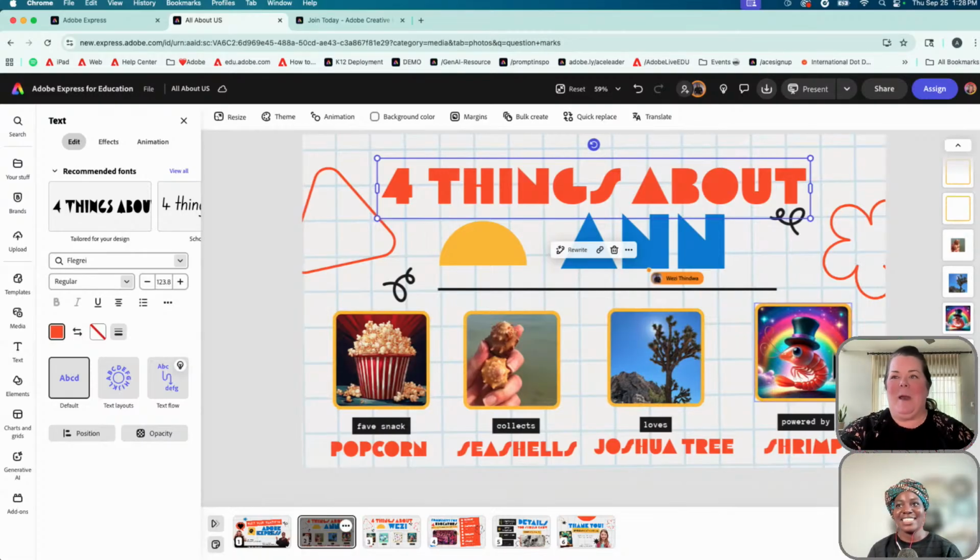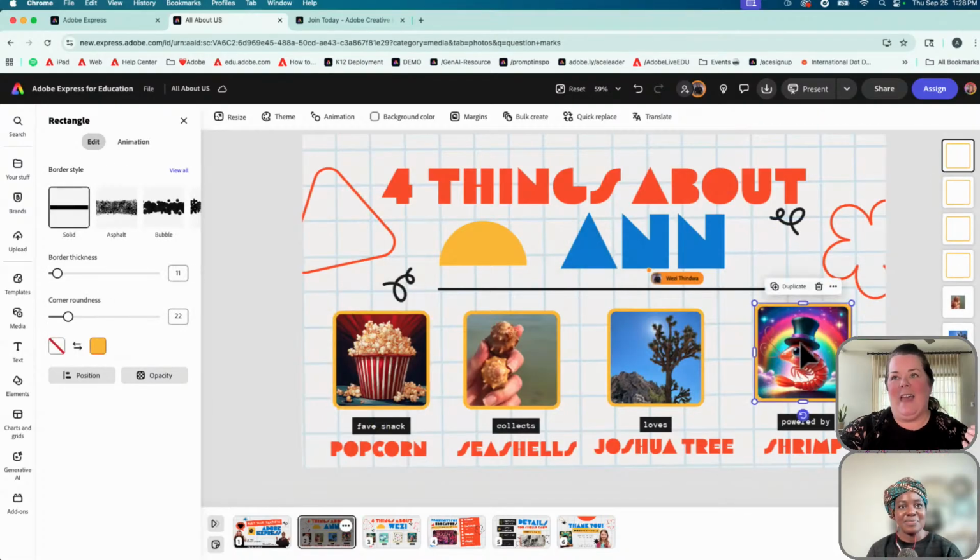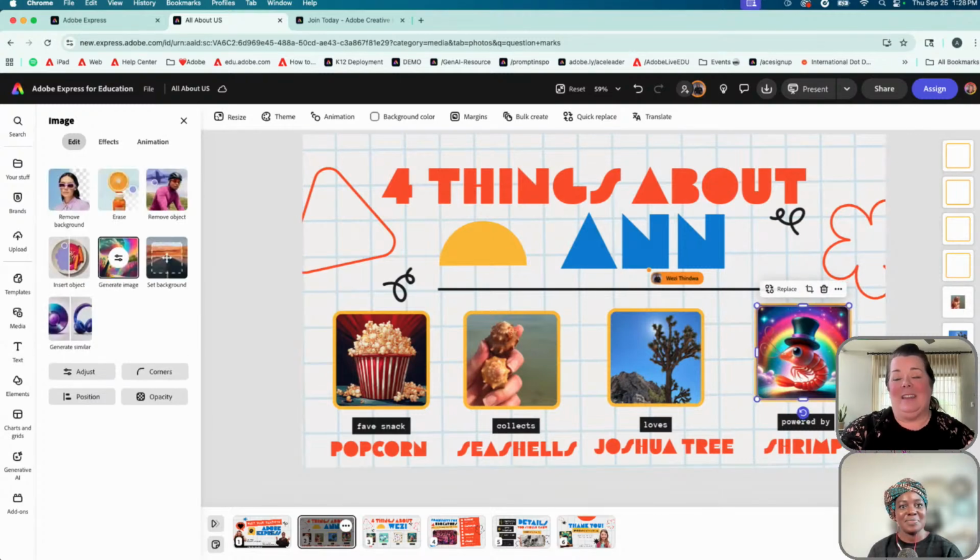And you said what's poppin'? Well, the popcorn is poppin', and my powered by shrimp image is poppin'. But 4 quick things about me. These are just text boxes, friends. And these are 2 pictures on the end that were created with the generative AI inside of Adobe Express for Education. And then 2 other photos that I added. So, Wezzy, my fave snack, popcorn, always. That's what's